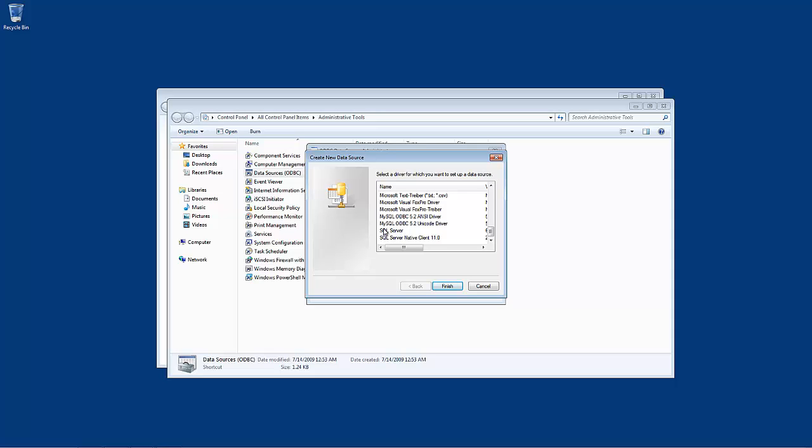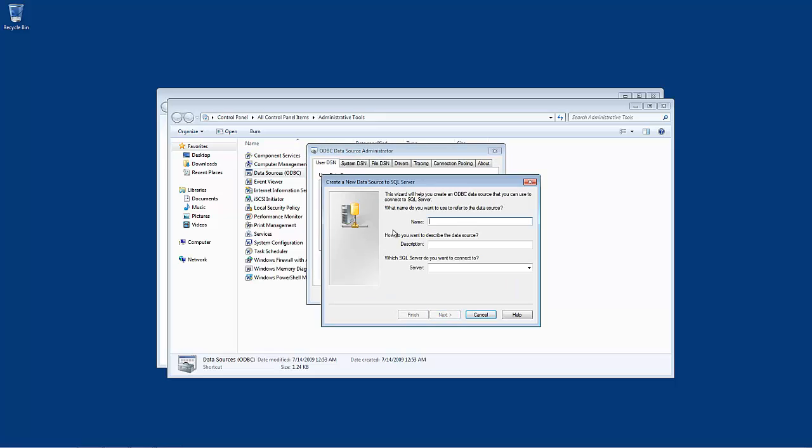SQL Server. Now you'll notice that there is a Finish button at the bottom of this window, and there will be Finish buttons as we go through this process. You don't want to click the Finish button until we get to the very end, so do not click the Finish button, but double click SQL Server to select that driver,